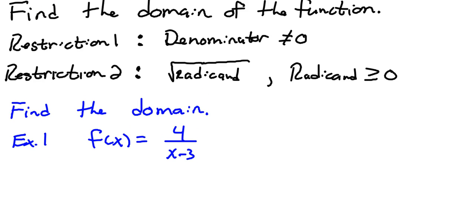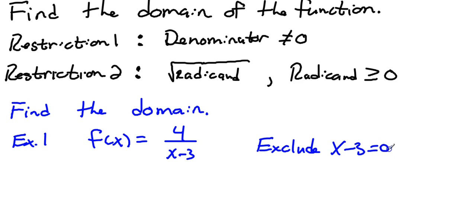Okay, so we'll start with 4 over x minus 3. Well, this one has no radical, it's just the denominator. So for this one, you've got to exclude